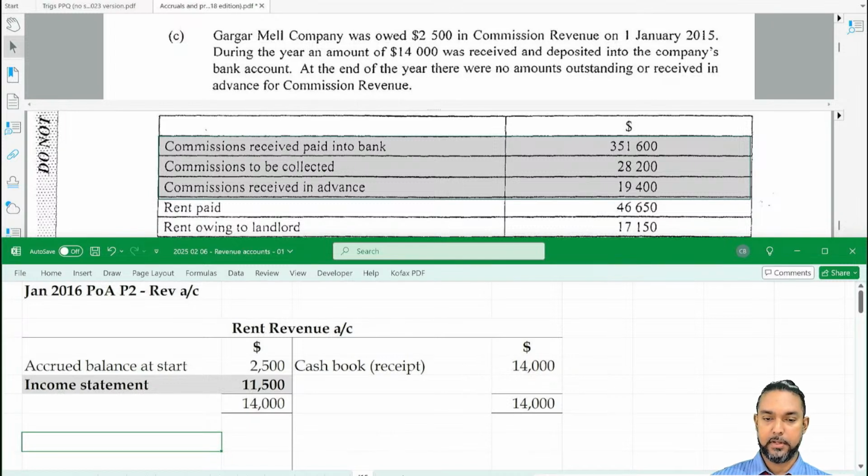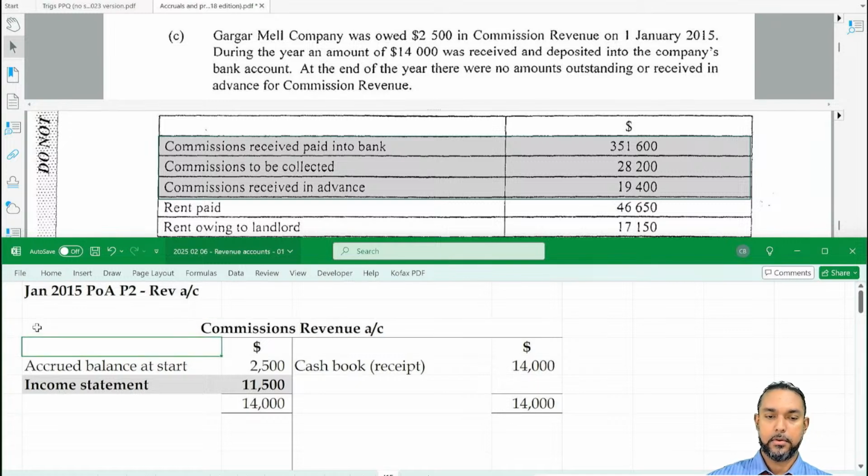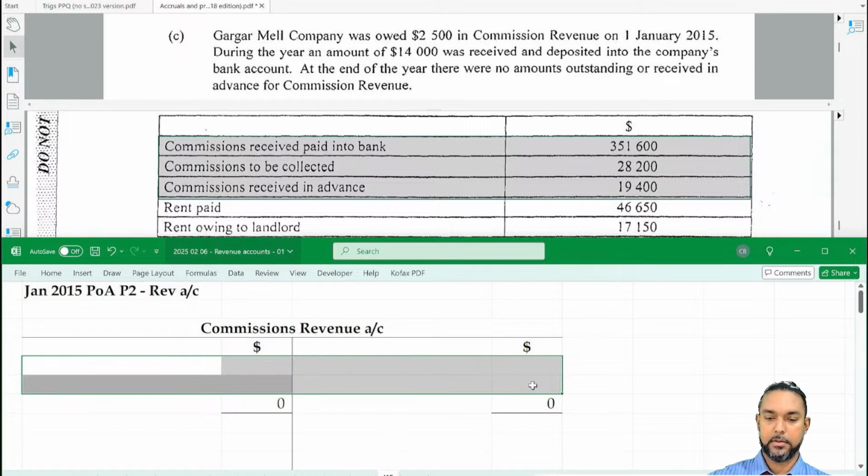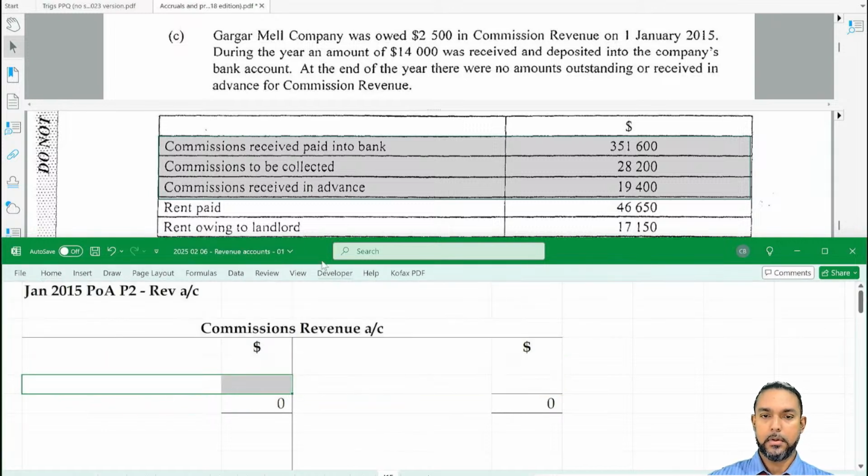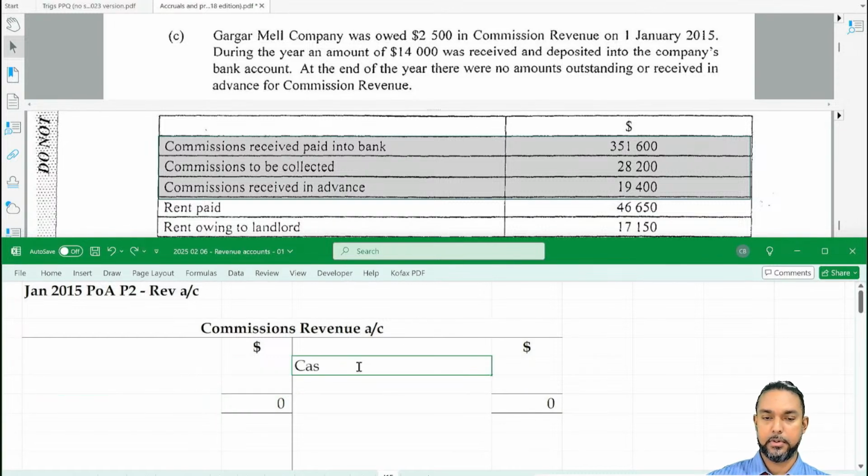All right, let's do Jan 2015 one time. Right, rent revenue. Oh, it's commissions, sorry. So let's change the name to commissions. Right, okay, let's take that out. Commissions received, paid into bank. So that goes on this, right? So cash book received,